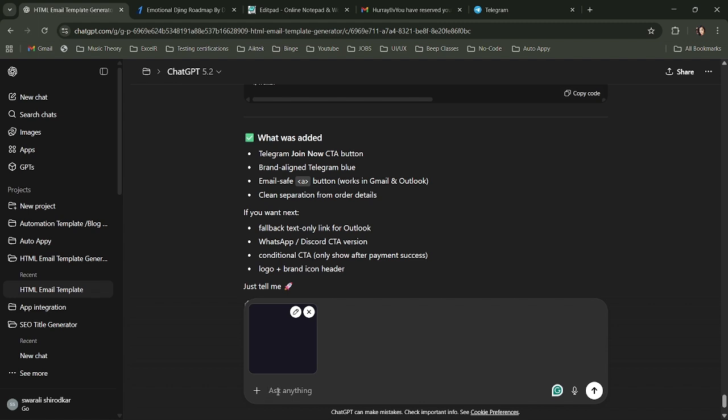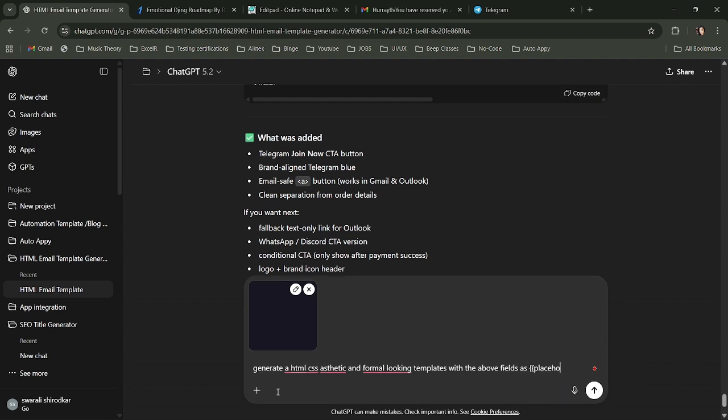Okay, so we will just tell this ChatGPT to generate HTML, CSS, aesthetic and formal looking template with the above fields as placeholders